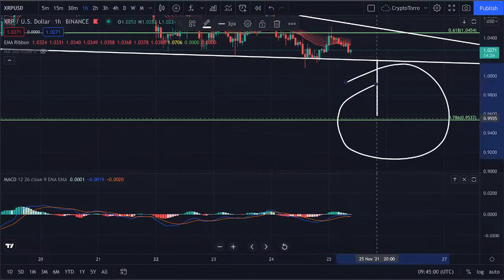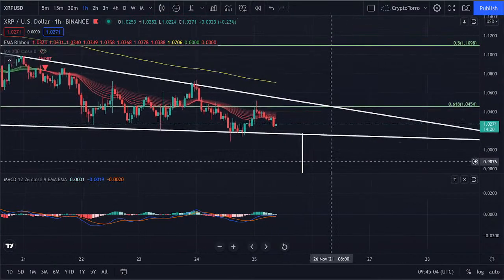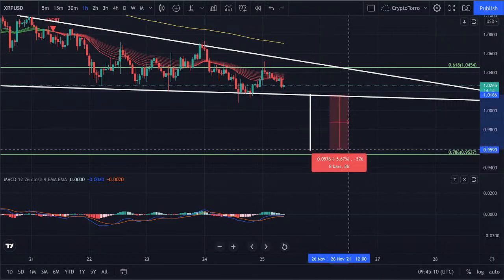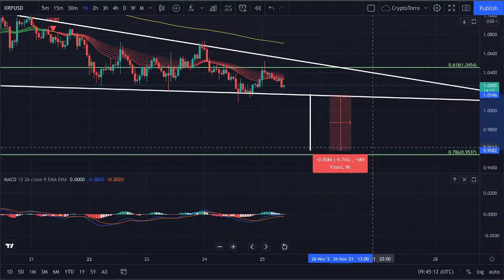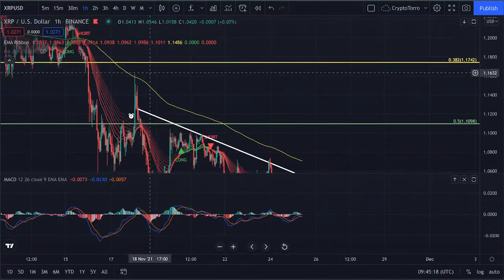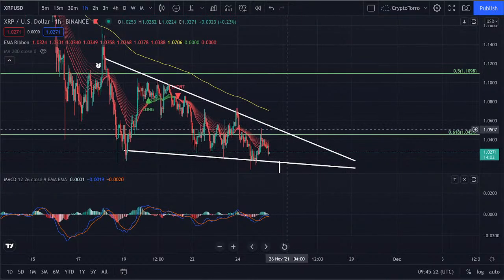And actually, I think this is a great trading opportunity, either towards the upside or towards the downside. Because if we are talking about a breakdown, you can clearly see that this breakdown will be approximately, let's take a quick look, 5.7%. So that is actually quite a good opportunity. And as well, if we do see a breakout occur, it will be quite a major breakout, because as I discussed previously, it will be heading towards the